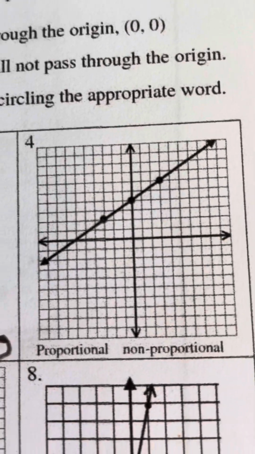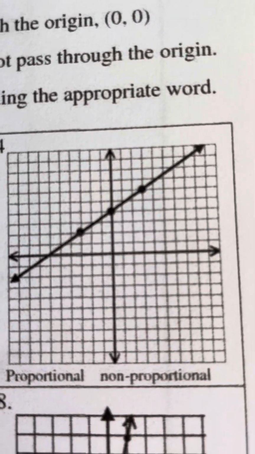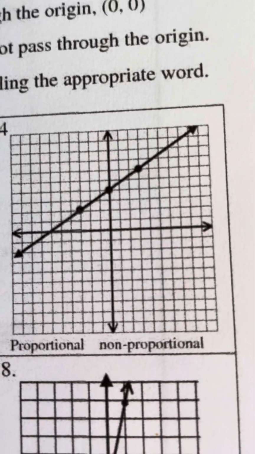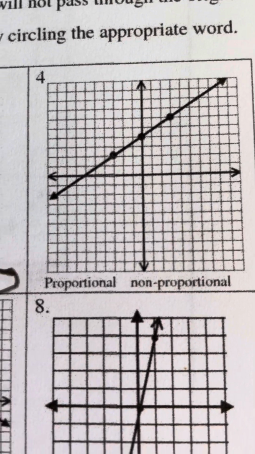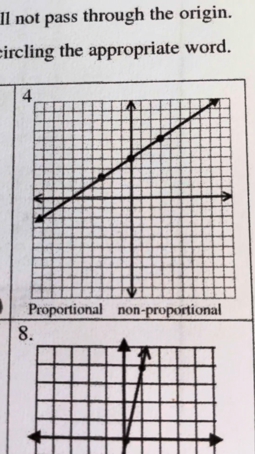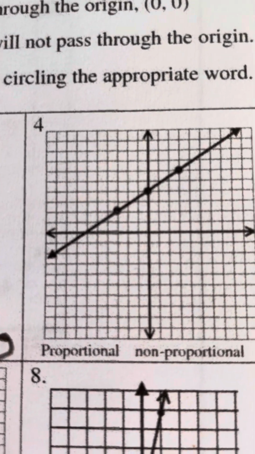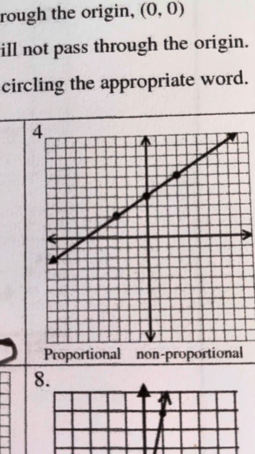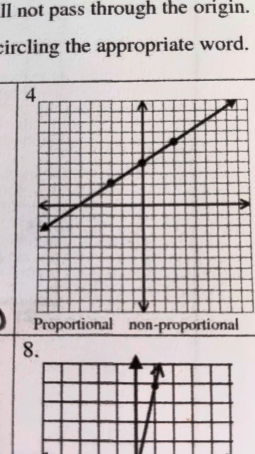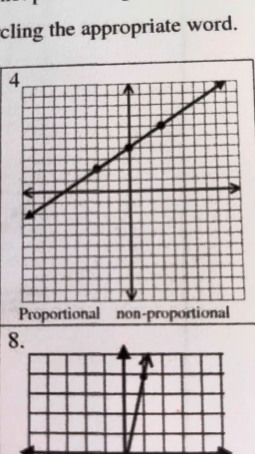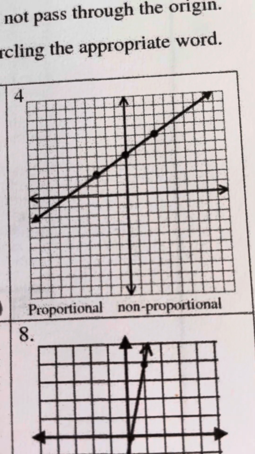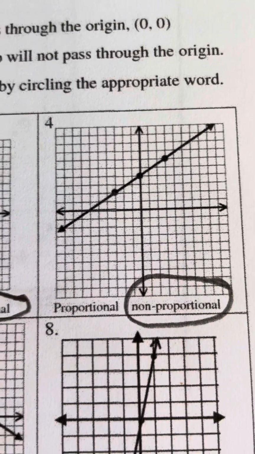Okay, 4, proportional or non-proportional? Now, we know that it's off. It's not passing through the origin. It's going in a different way. So yeah, it's not passing the origin. It's not going through 0, 0, and it's not in a straight line. So for 4, it is non-proportional because